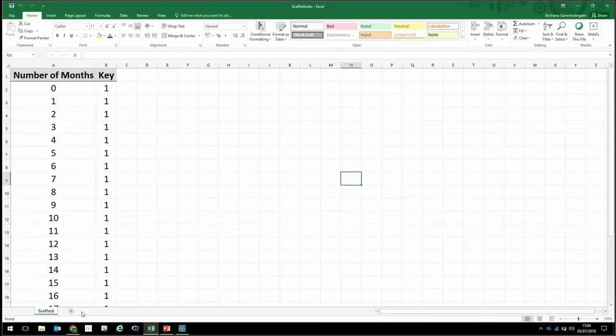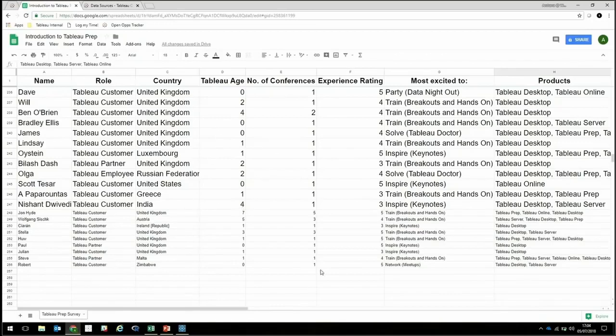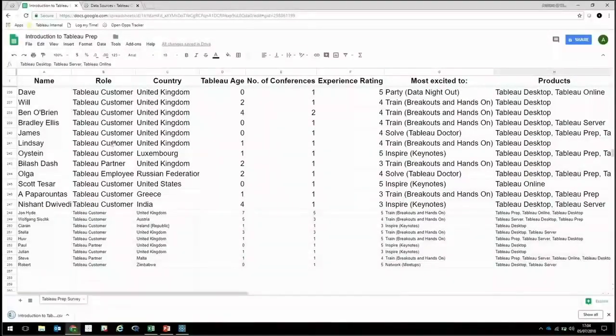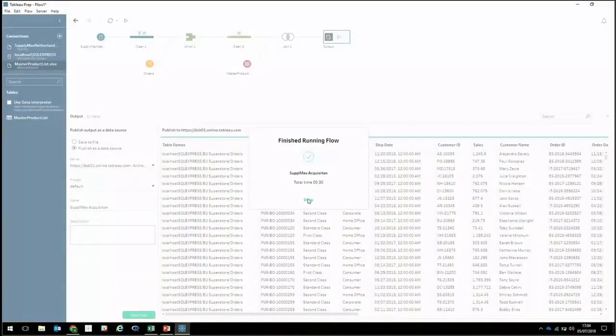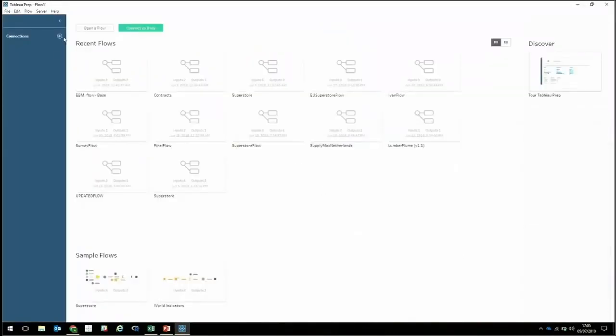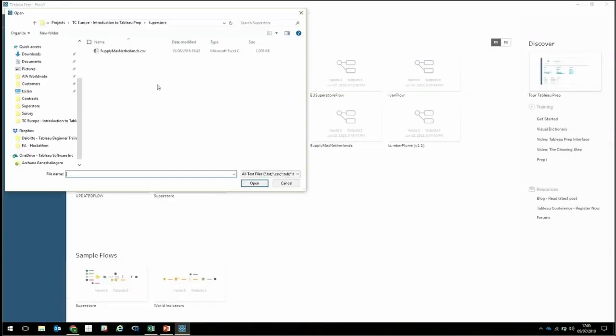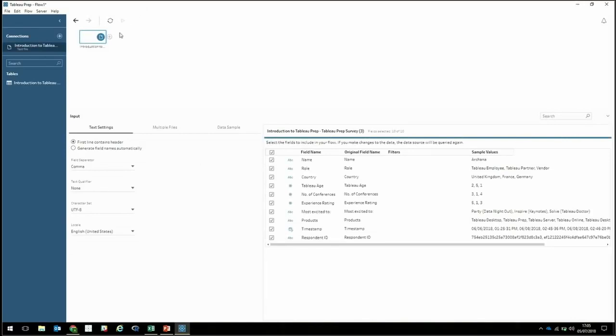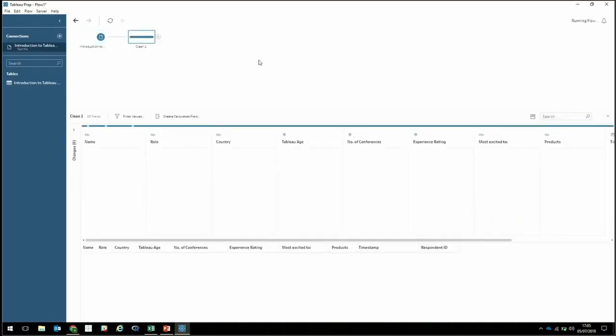So I was using Typeform to collect those survey results. So the ones in the smaller font there are you guys from today's session. So let me go ahead and download this as a CSV. And then go ahead and open a new Prep flow. Don't need that one. So I want to connect to a text file. It's now in my downloads folder, and it's the most recent one. So here, when the data comes in,